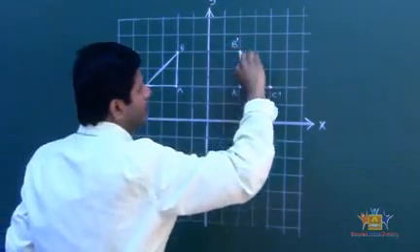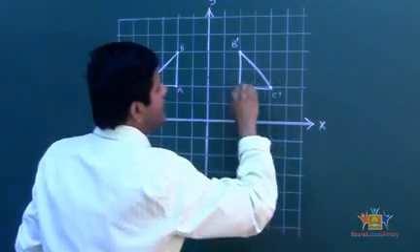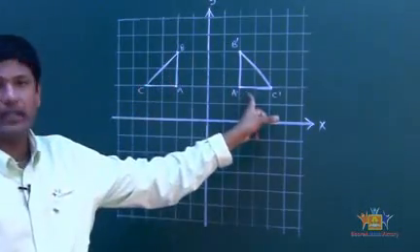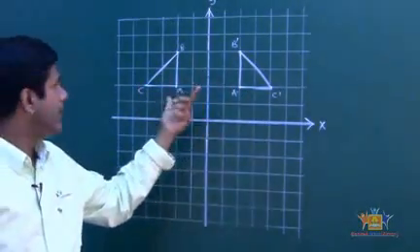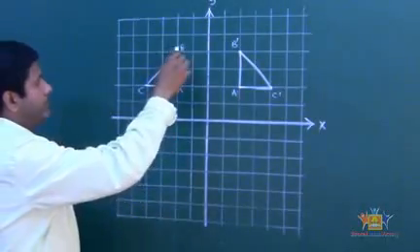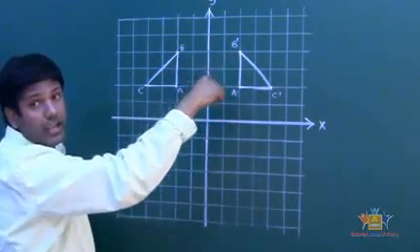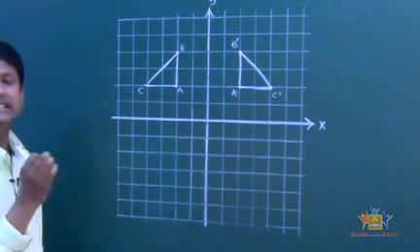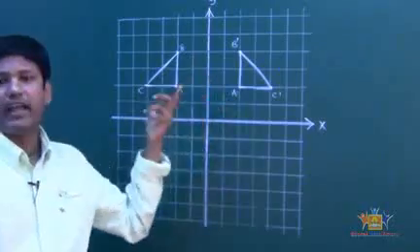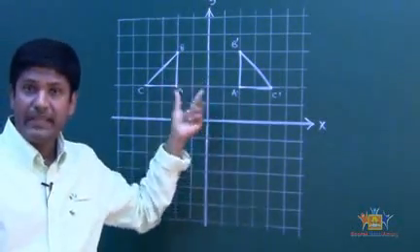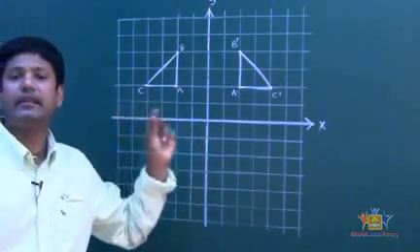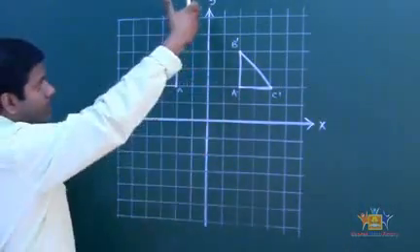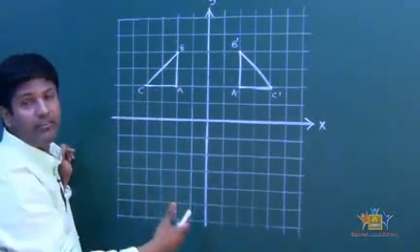Now look at this. They're laterally inverted. See that? Now this is inverted to the other side. That's what's called laterally inverted. Now look at the shape. Same shape and same size. Nothing changed. The only change is what? It reflected. In other words, laterally inverted. That's the word I want you to remember. Laterally inverted. The y-axis is your axis of reflection.